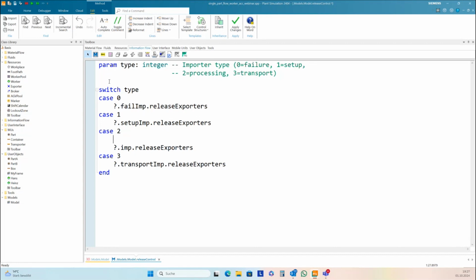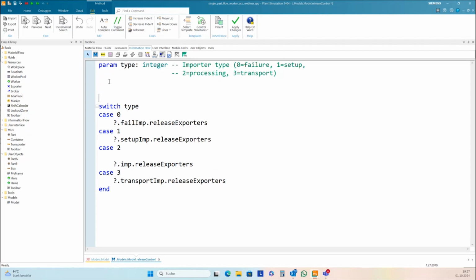And here I need to ask who is the exporter, because this is for all exporters. If you have mediated maybe 2 or 3 workers, then with release exporters, you release all exporters for this job. And so we need to ask first, who is the worker? And I need a table for this.